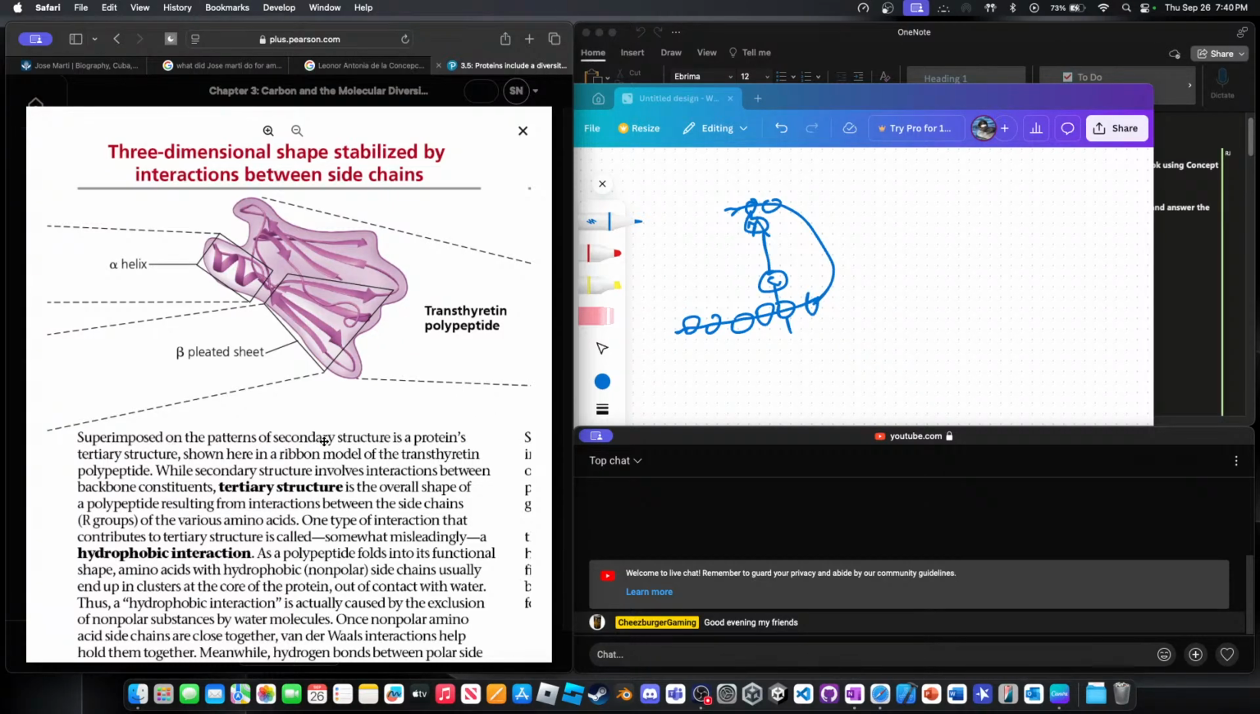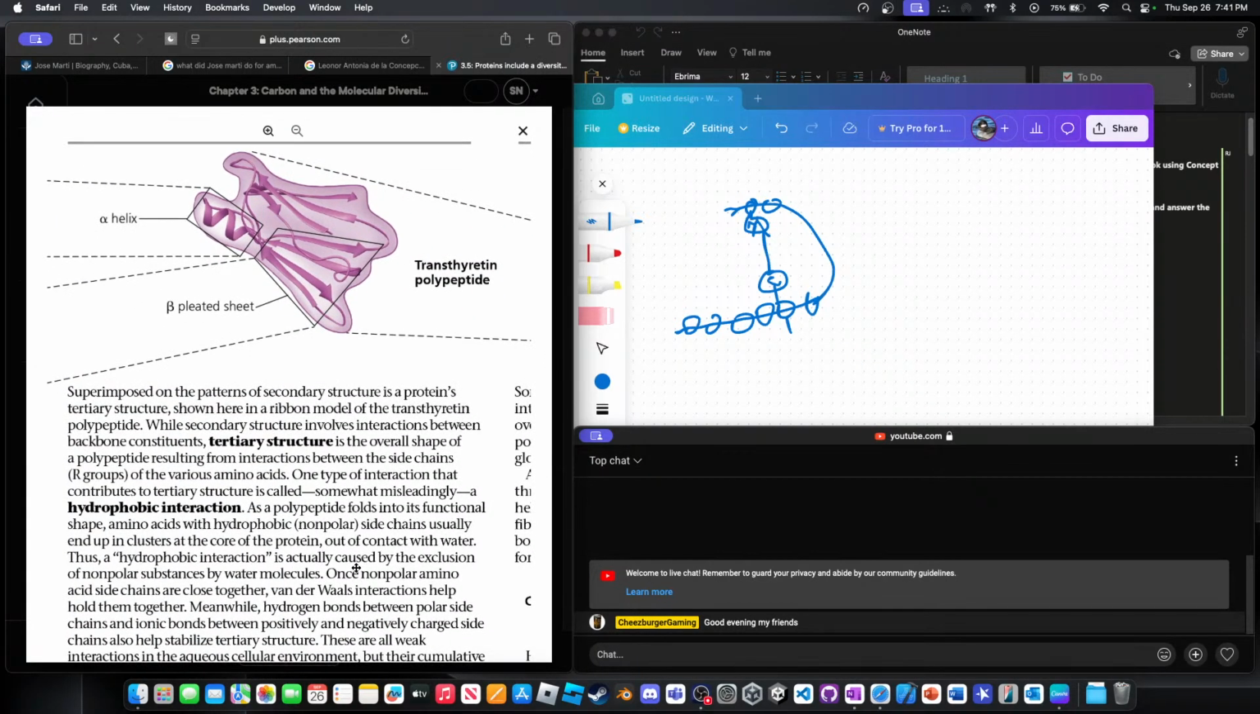One type of interaction that contributes to tertiary structure is called, somewhat misleadingly, a hydrophobic interaction. As a polypeptide folds into its functional shape, amino acids with hydrophobic nonpolar side chains usually end up in clusters at the core of the protein, out of contact with the water. Thus, a hydrophobic interaction is actually caused by the exclusion of nonpolar substances by water molecules. Once nonpolar amino acid side chains are close together, van der Waals interactions